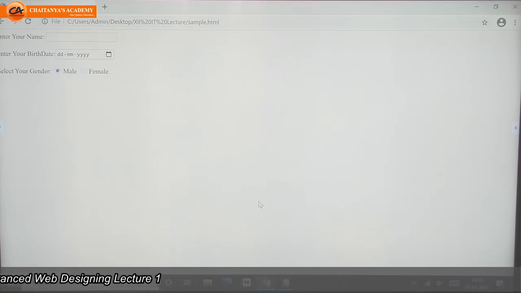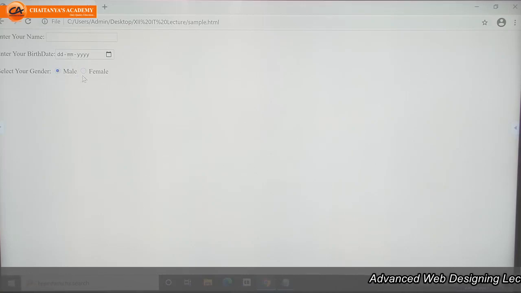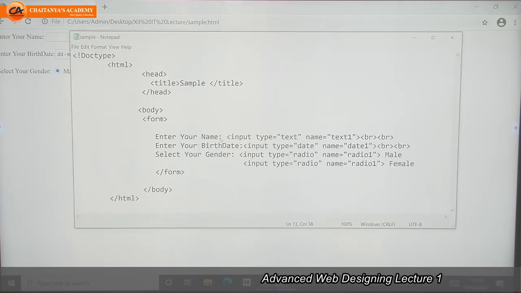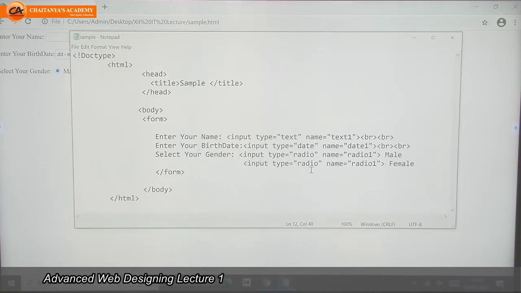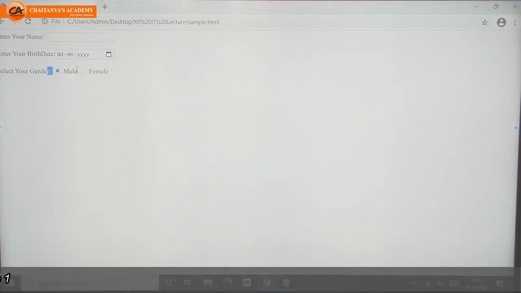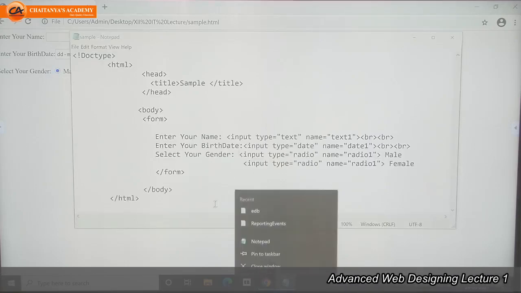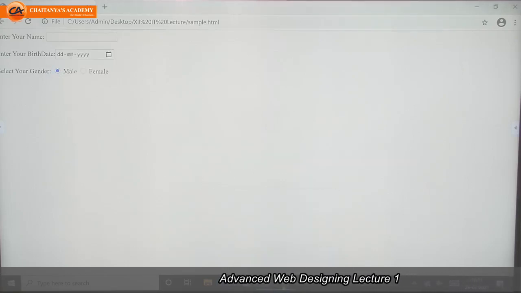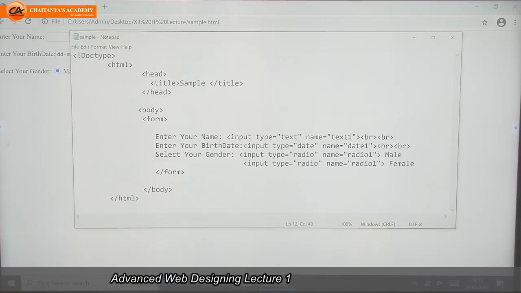If we want to display options for anything, we will use this input tag, which has input type equal to radio. So we can select only one thing, not both. If we want to select both, then we can use checkbox.